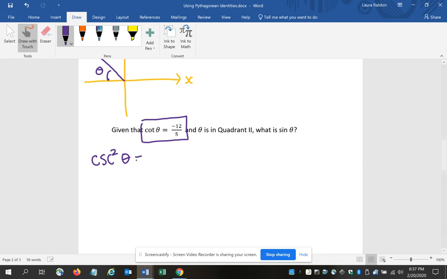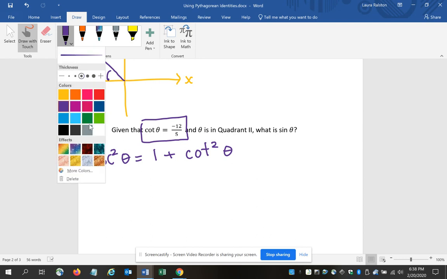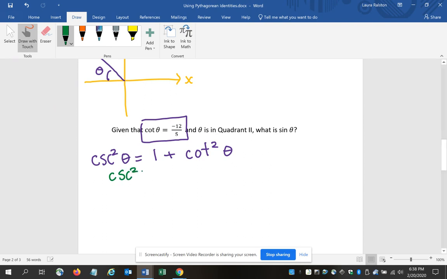Cosecant squared theta is 1 plus cotangent squared theta. Okay, so again, once I've identified my identity, then it's a plug and chug. And here again, you may think, well, I'm looking for sine though, but you don't have an identity that directly gets you to sine. So we have to do a workaround, if you want to think about it from that perspective. So I have cosecant squared theta equals 1 plus cotangent, which is negative 12 over 5, and we're